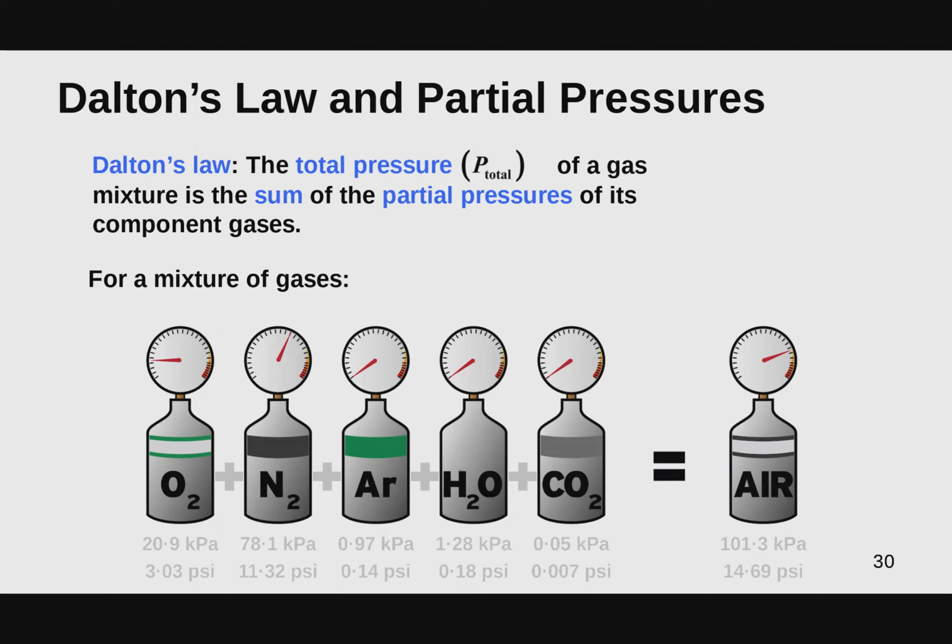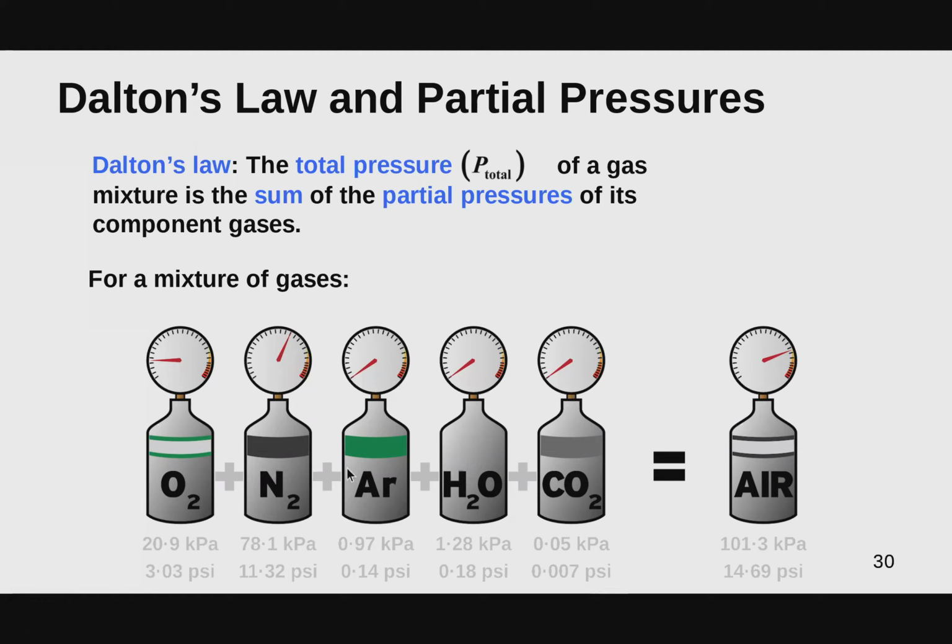Now, this brings us to our final law, which is going to be Dalton's law. The total pressure, or P total, of a gas mixture is simply defined as the sum of the partial pressures of all of its gaseous components. So when you look at a mixture of gases, say your average everyday breath you take, that breath of air is comprised of oxygen, nitrogen, argon, water, and carbon dioxide. And the total pressure, or P total, is simply the sum of all the pressures of all the individual gases